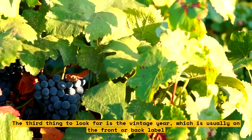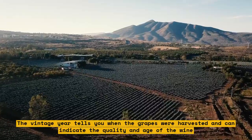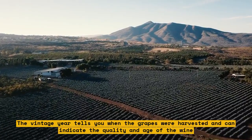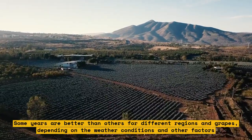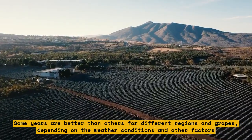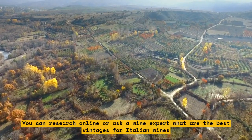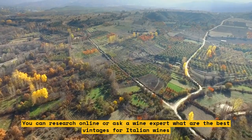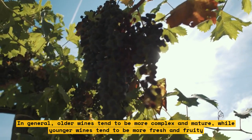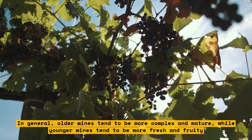The vintage year tells you when the grapes were harvested and can indicate the quality and age of the wine. Some years are better than others for different regions and grapes, depending on the weather conditions and other factors. You can research online or ask a wine expert what are the best vintages for Italian wines. In general, older wines tend to be more complex and mature, while younger wines tend to be more fresh and fruity. The fourth thing to look for is the region and classification tiers, which are usually next to each other